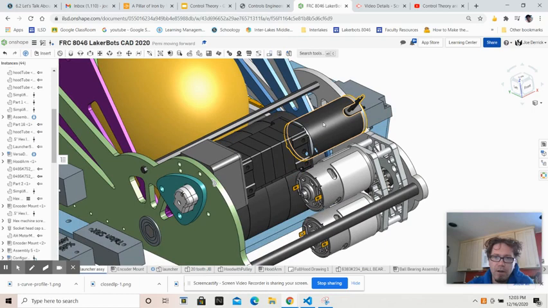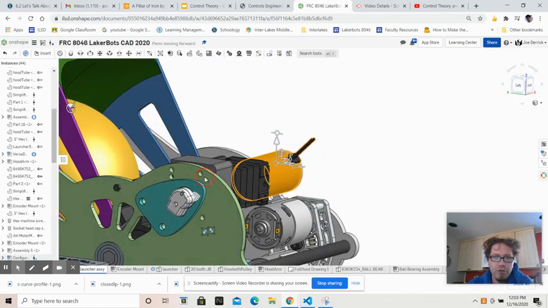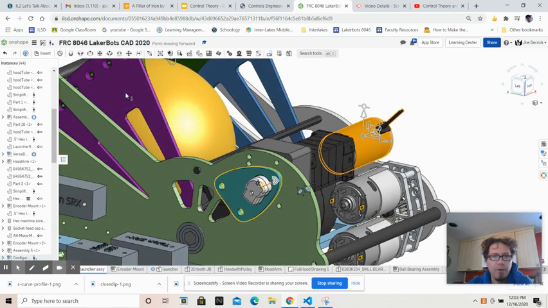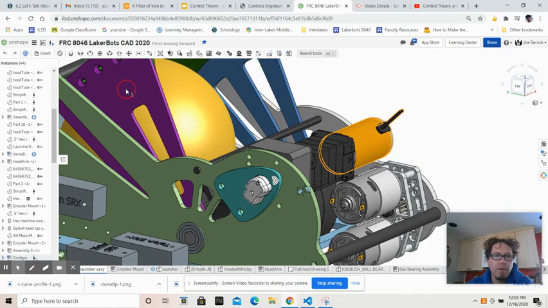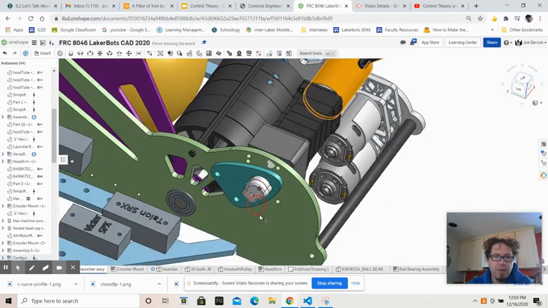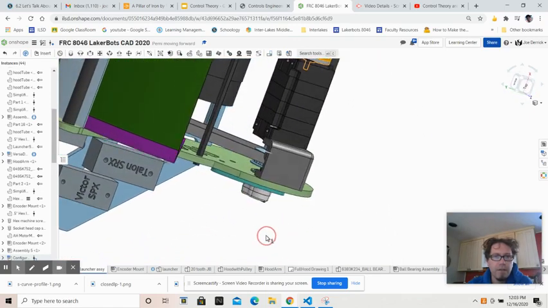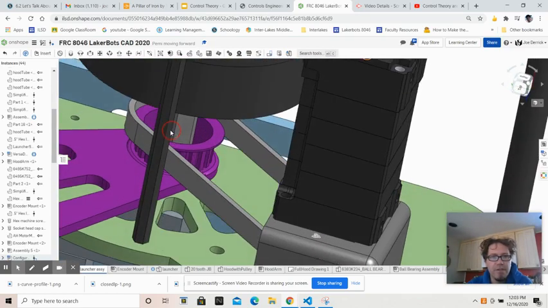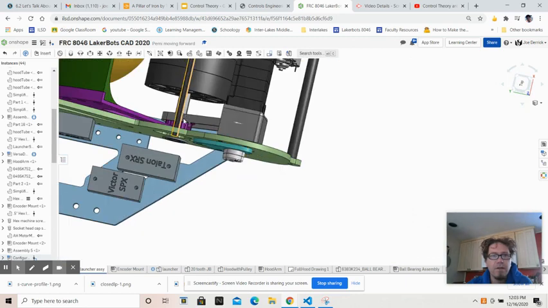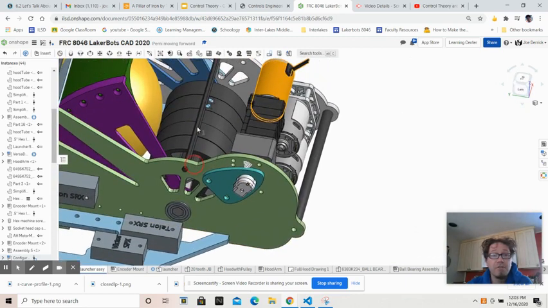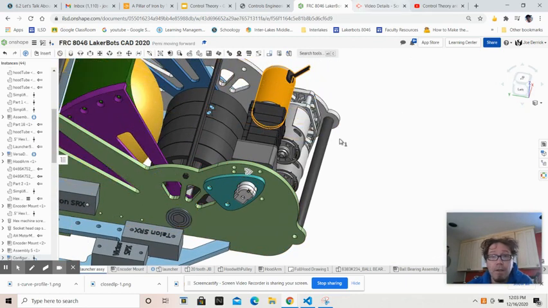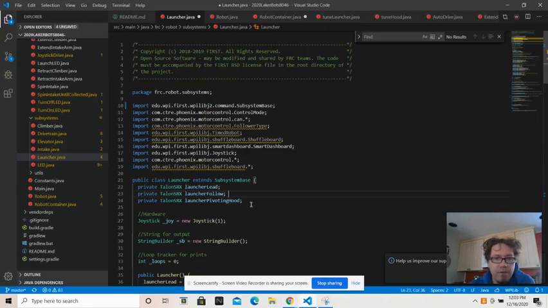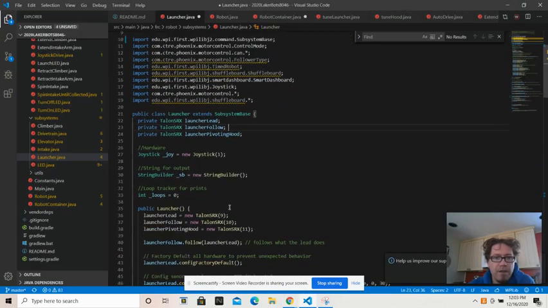And then we also have our pivoting hood motor, which through the pulley and gearbox pivots our hood. And as well, there's the sensor here, and there's the pulley, and it's also kind of cool because there's a bearing here which allows it to be on the same shaft as the shooter but spin at a different rate. So if we look at our VS Code, there's